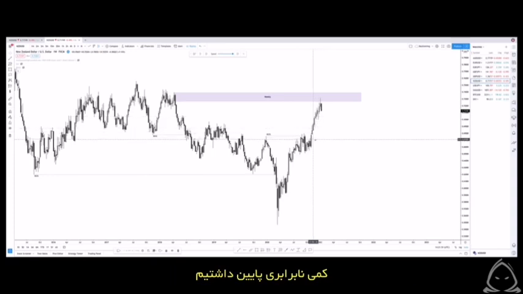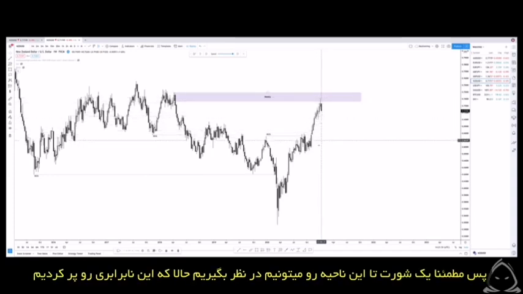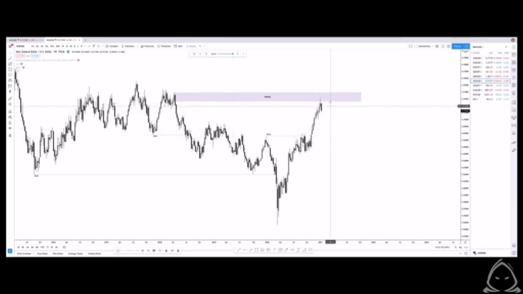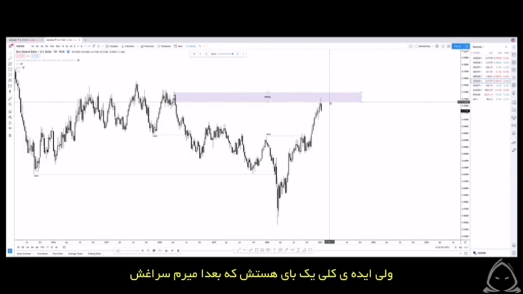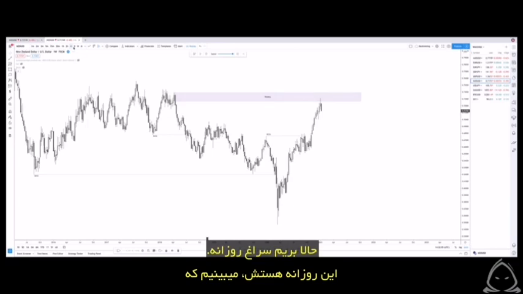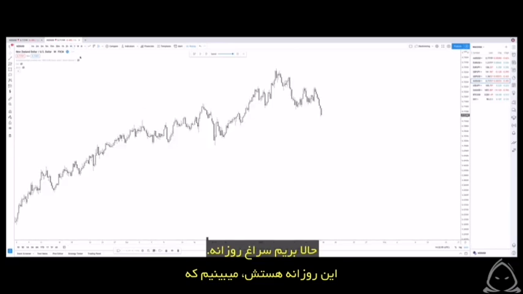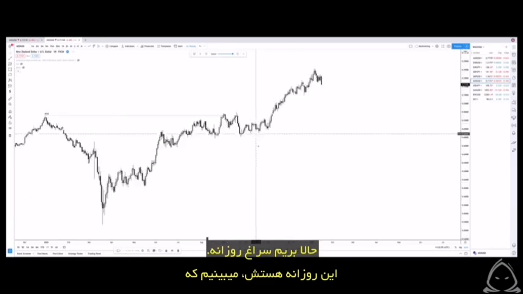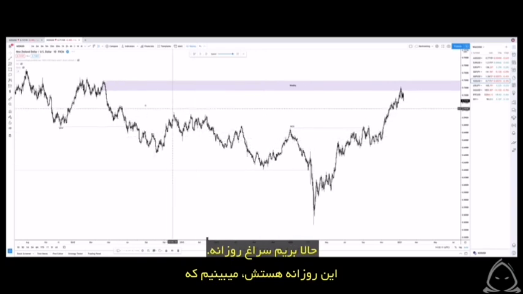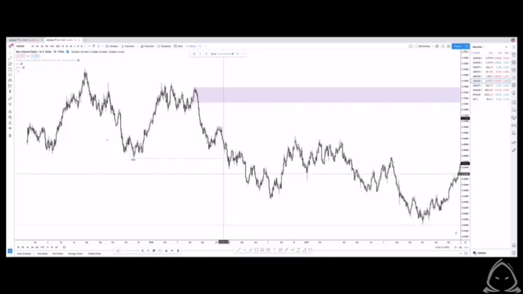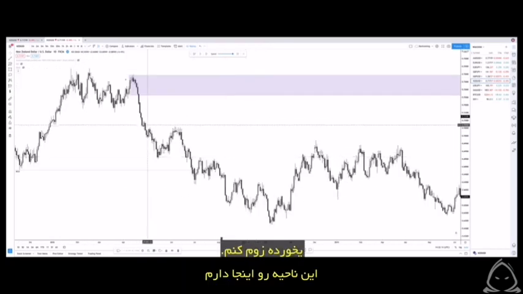Left some imbalance below, so potentially a short to this region here is definitely on the cards. Could be very possible now that we've filled this imbalance here. But my overall idea is potentially a long, which I will go through. So then drop into the daily quickly. Right, so on the daily, you can see that we have, I'll just zoom in, have this sort